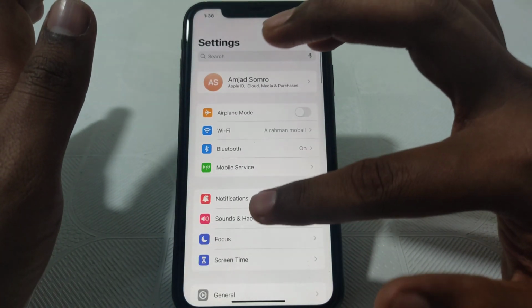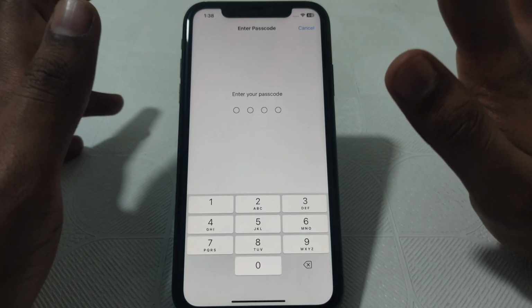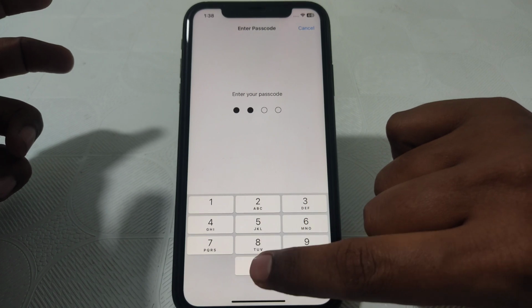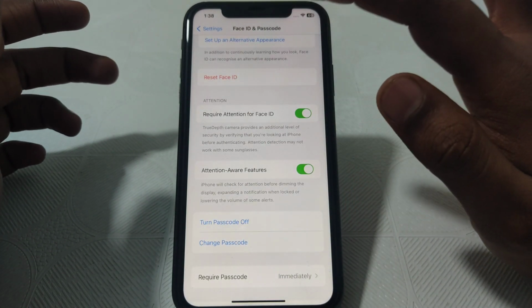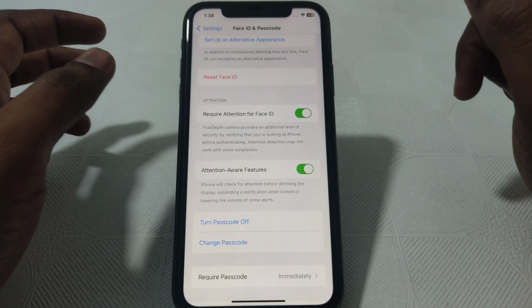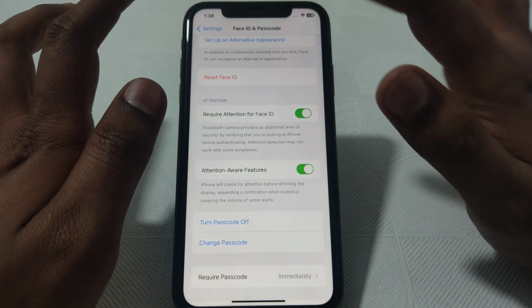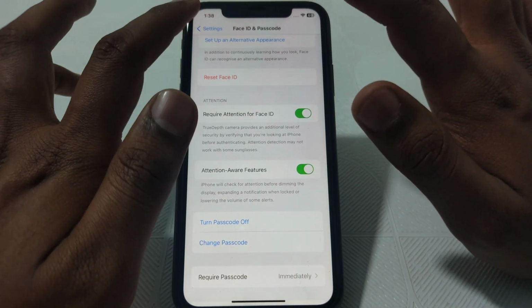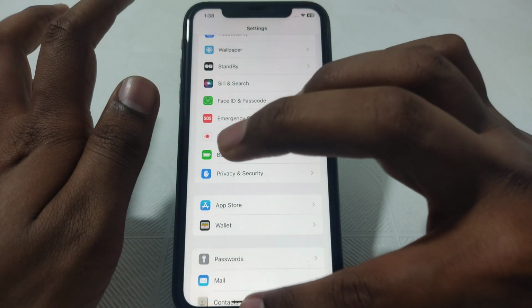you have to simply go back and scroll down until you find the option of Face ID and passcode. So here you have to simply give your passcode, and after that you can find the option of reset Face ID. And after resetting Face ID, you can set a new Face ID so that it can work for you. If you have already done that Face ID reset but it is not working for you, then